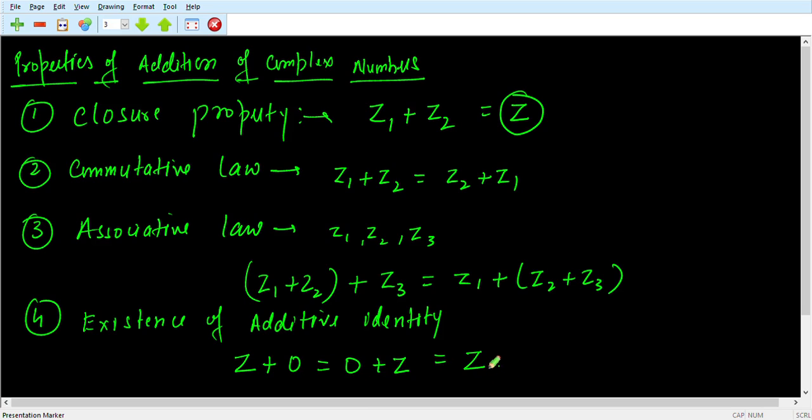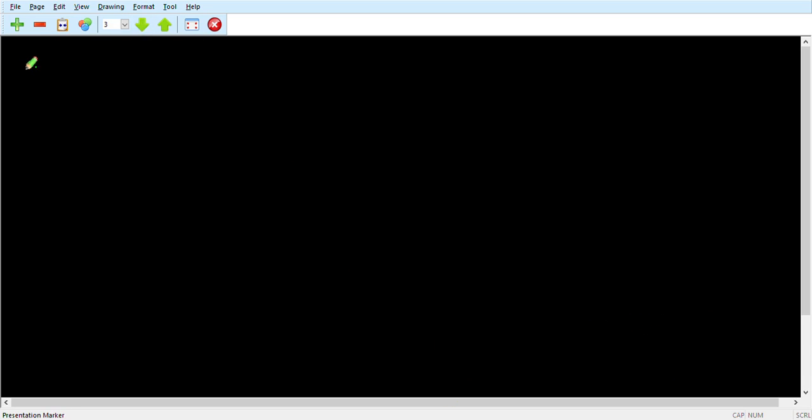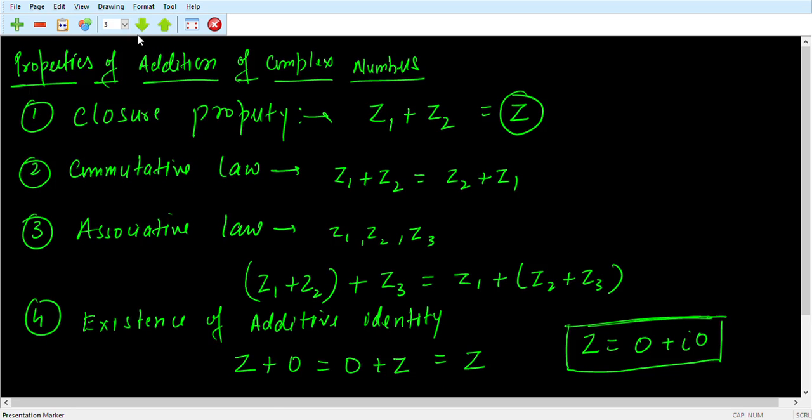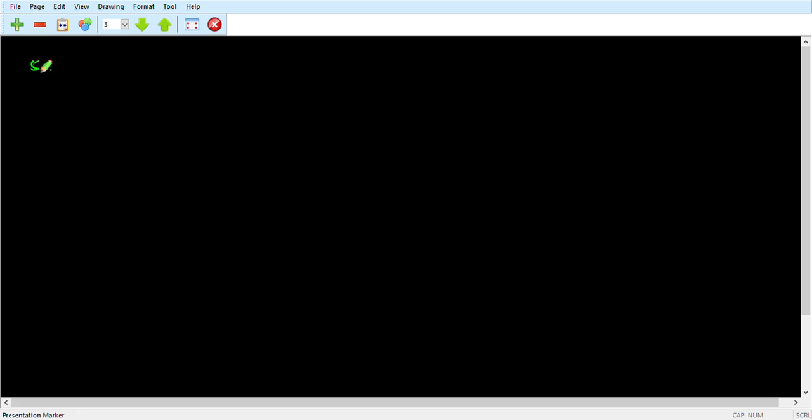It's very easy. If you want to write 0 as a complex number, you can write 0 plus iota 0. Now, the first four properties we have gone through. Fifth property is existence of